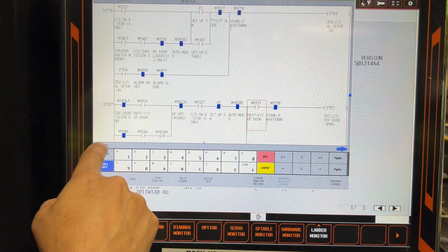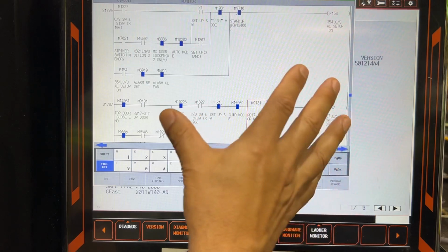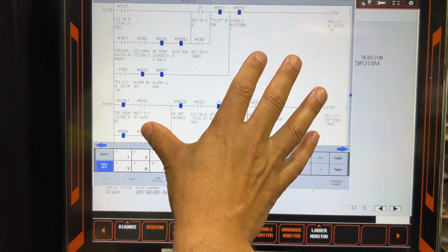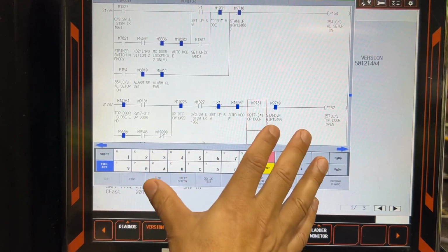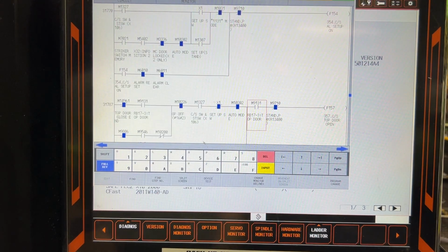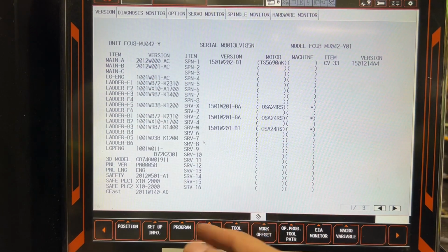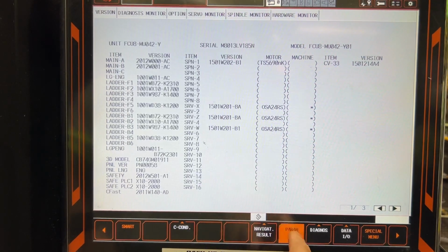So let's leave it there, and you'll see how to access the ladder again if, by any chance, you leave the PLC open and you don't have the option through the ladder monitor. So let's go back just here. You don't see the ladder software open, it's behind in the background. So let's go to the parameter,